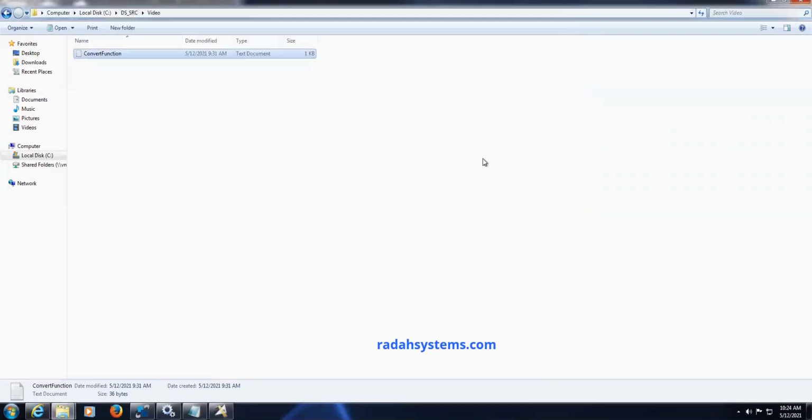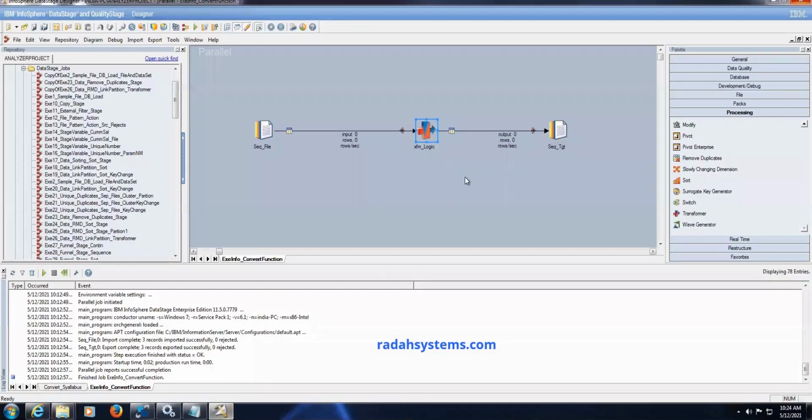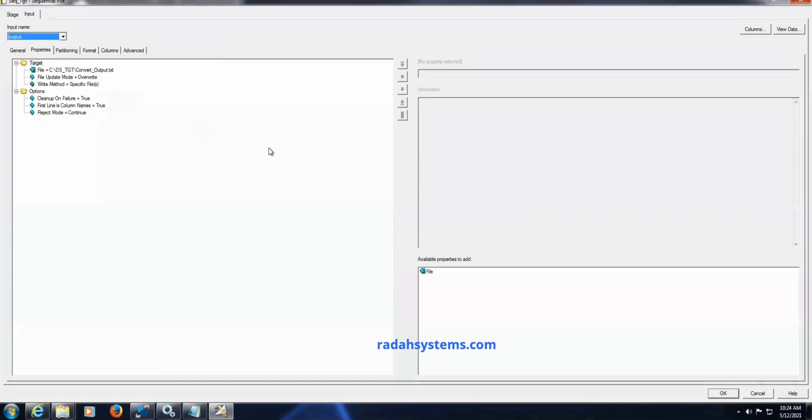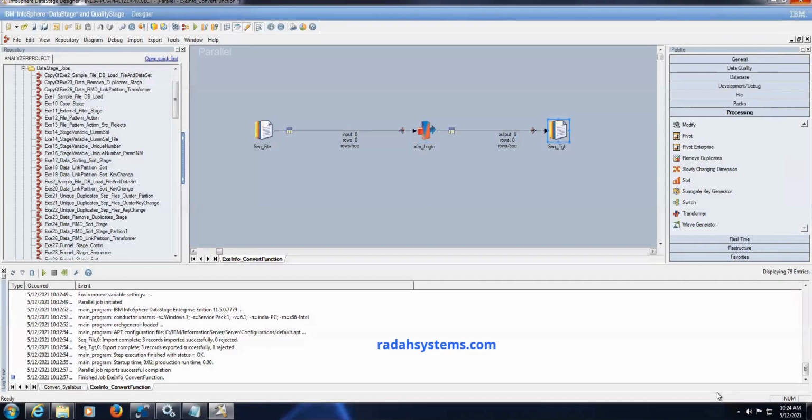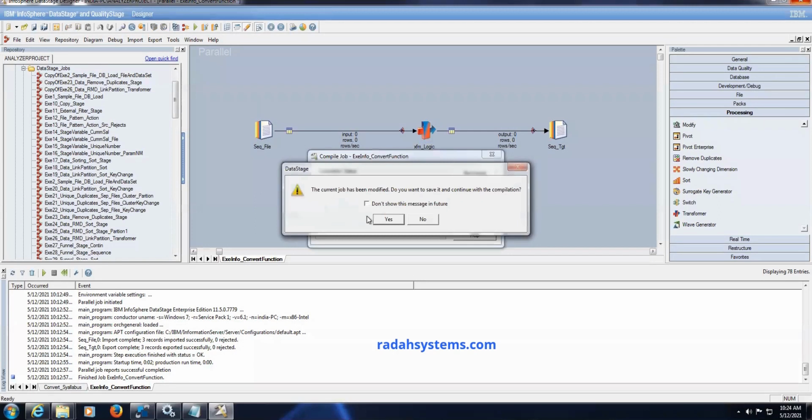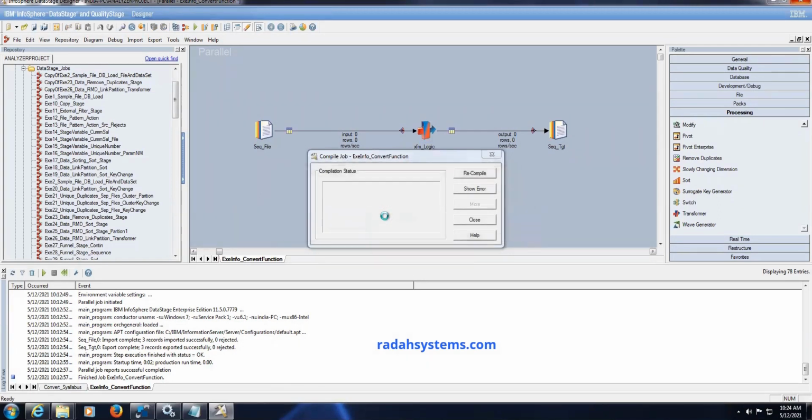Now we have defined the transformer. Define the output also with the delimiter you want, define the output file, and click on OK. Now save this job, compile this job, and run this job.